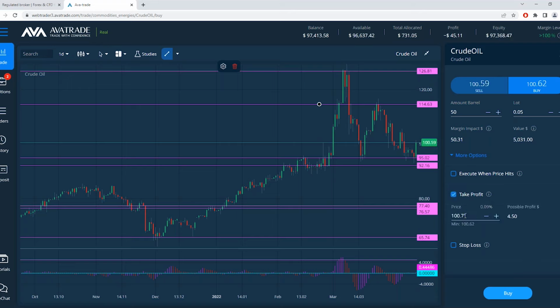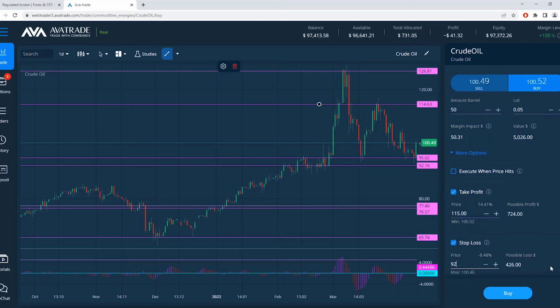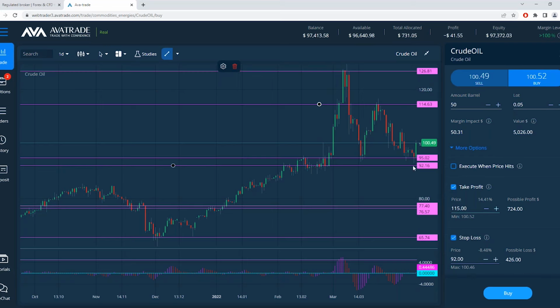I'm going to put 115, just to say I don't have to get the highest point that it was at recently. I'll go halfway up. Stop loss, I could go down here at 92, just below the support. It would have to break the support level to hit that price. Okay, so with that setup, even with my stop loss all the way down here at 92, below all of this support,